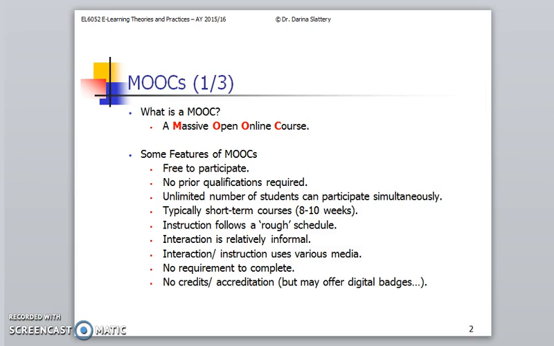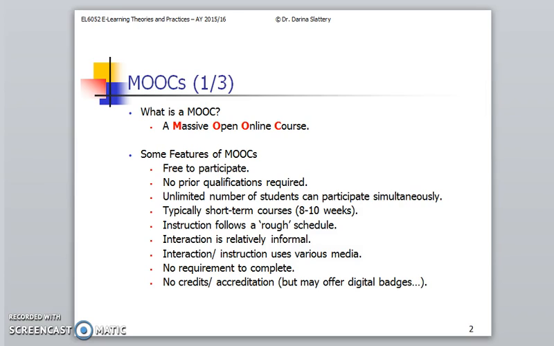Usually the method of delivery, there's a rough schedule which is usually released to you at the start. So they tell you in week 1 we'll cover this topic, in week 2 and so on. And they might outline a couple of activities that will be required each week, but you're not actually obliged to undertake those activities. Sometimes there is some possible qualification or certification associated with it, but usually it's up to the individual to decide if they want to participate in the MOOC or not.